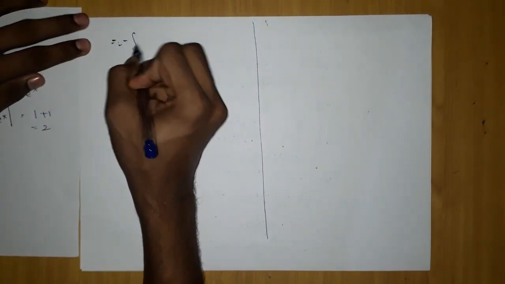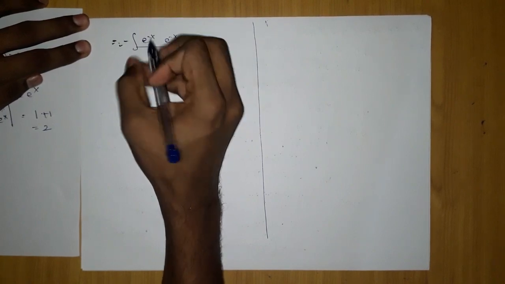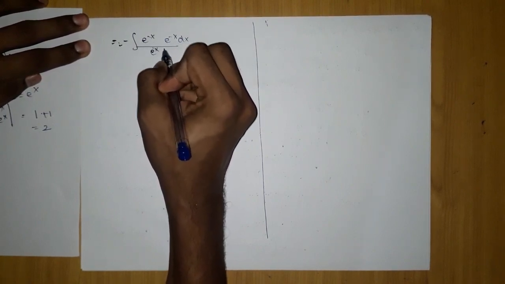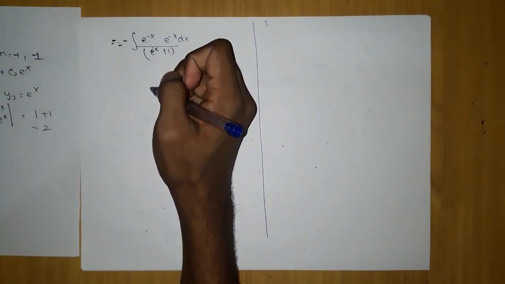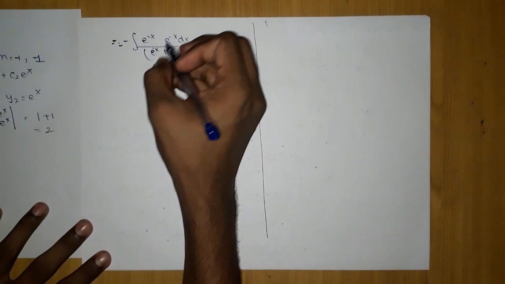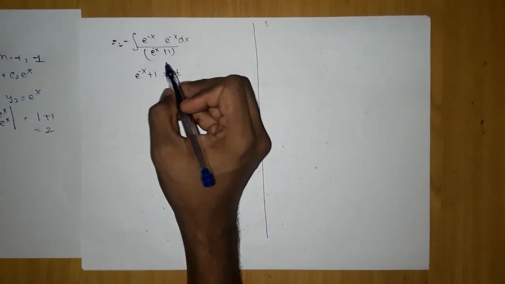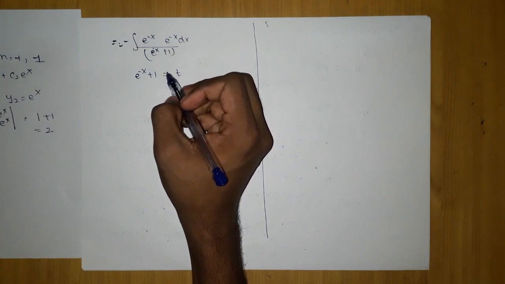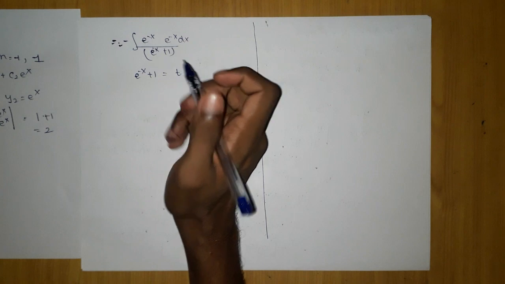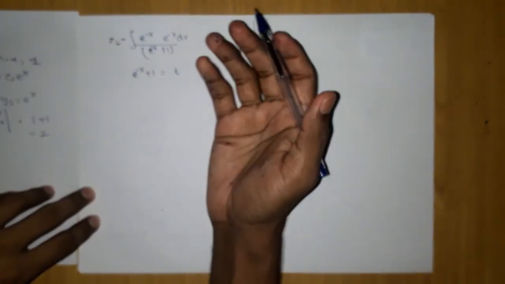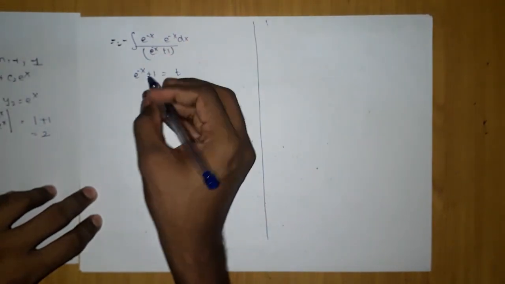So here you are going to get e to the power minus x dx by e to the power minus x plus 1. Agree? This is the thing you hope you all will be getting. So if we simplify this, if I take e to the power minus x plus 1 as t, many children will ask, why didn't you take e to the power minus x as t? If you take this whole as t, it will become simplified. Your final answer will have ln t, which is easier to integrate.